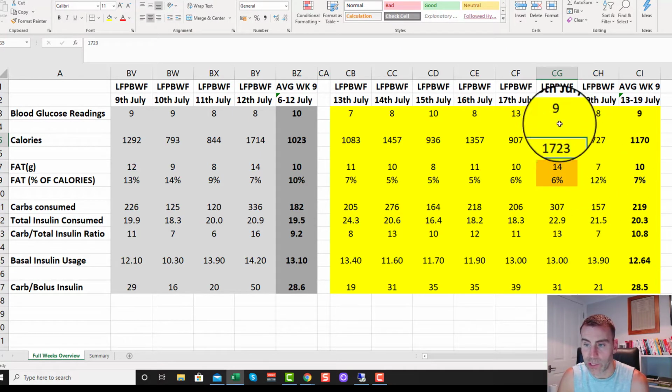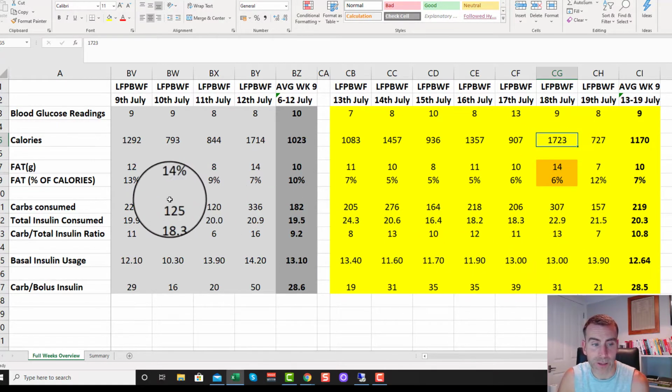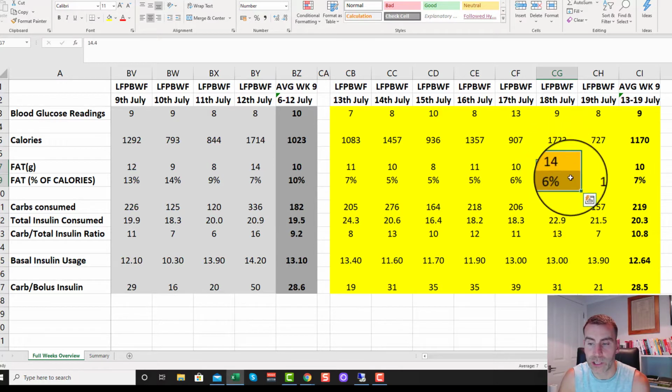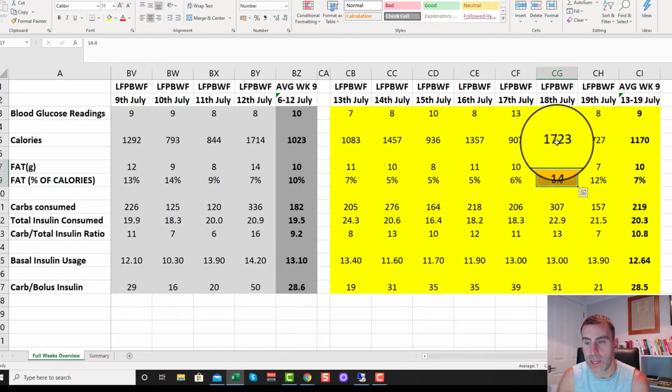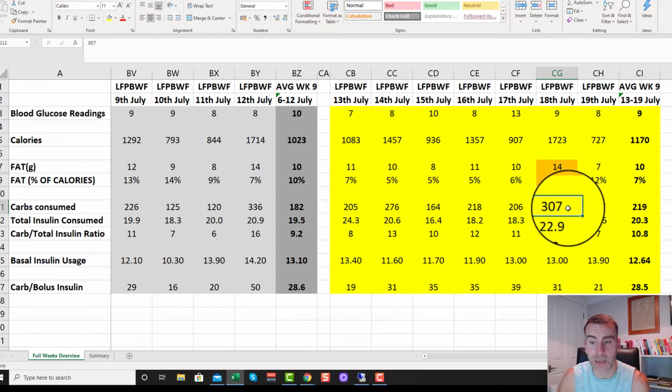And you can see on Saturday I consumed 1,700 calories because I was working all day in the garden. I've highlighted these two figures because this is by far the most carbs, 307 grams of carbs. That could have been up to 10 days' food on the keto diet, which is incredible really in one day. So I consumed 300 grams of carbs,